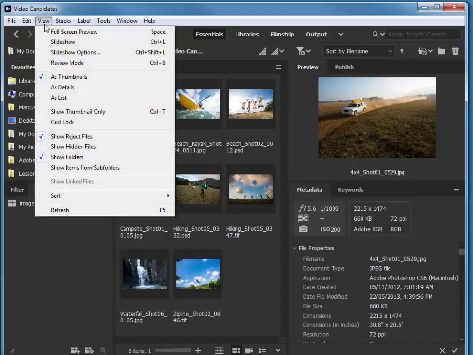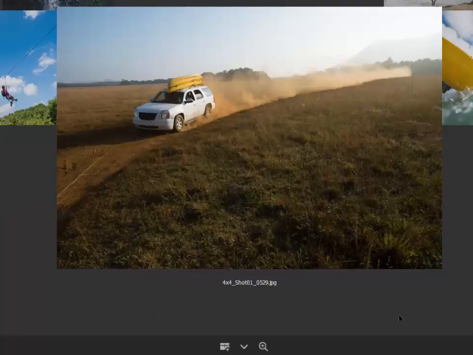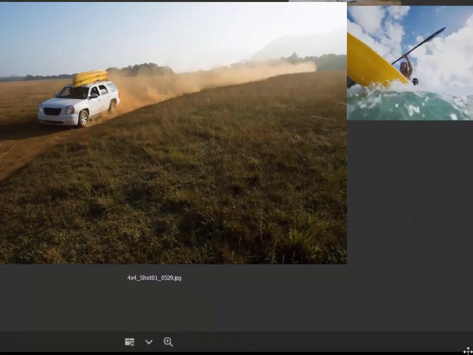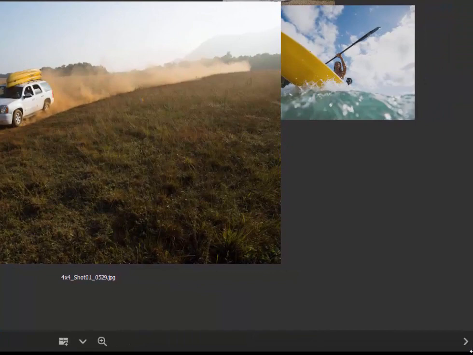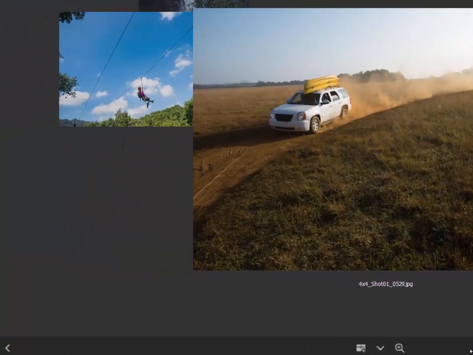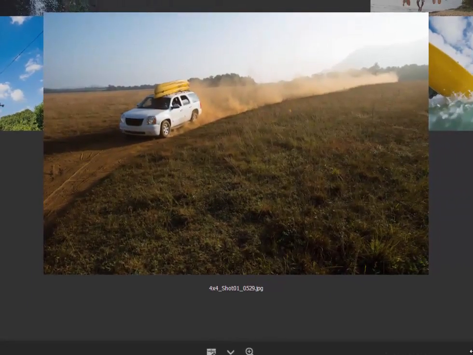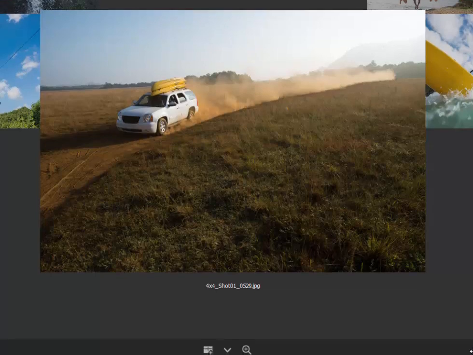Also, you can go View and Review mode. This allows you to see a larger view. This one's full screen. Let me just resize my video so you can see it. There we go. So we have this arrow on the right hand side and the left hand side. Those allow us to navigate, and then when we want to discard any images from what we have selected,